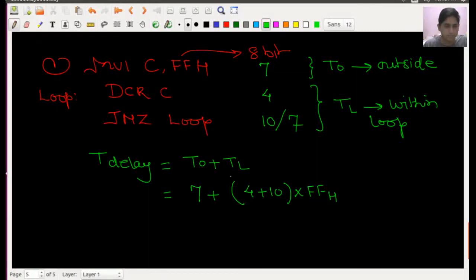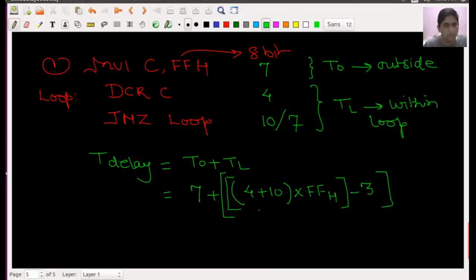I am taking this as one bracket. I will take one more bracket here because I do not consider the last one, because in the last iteration it will run less than 3 T states.